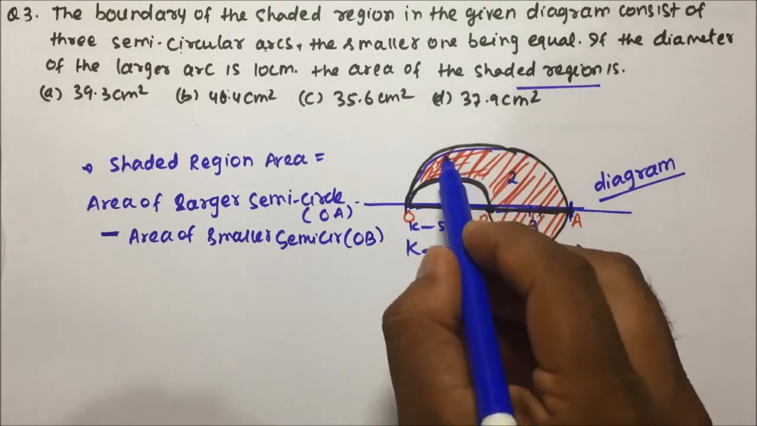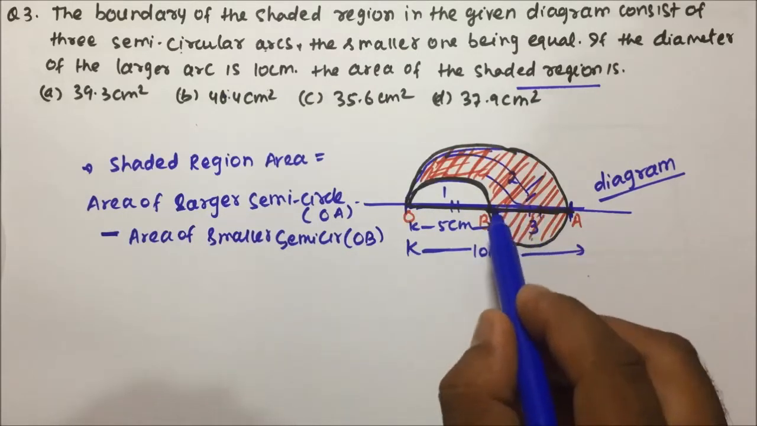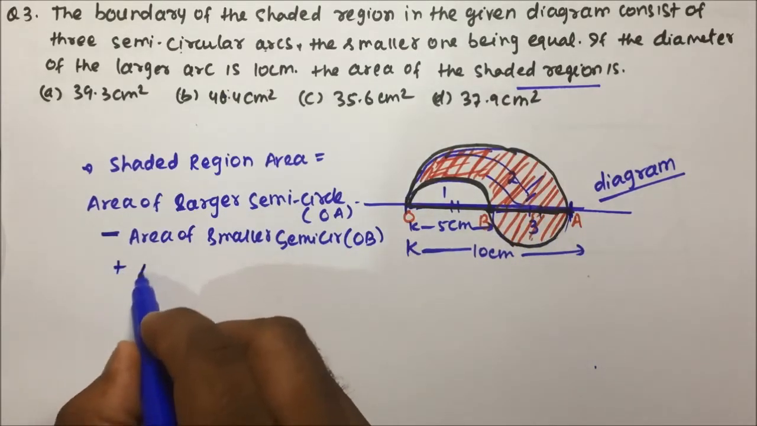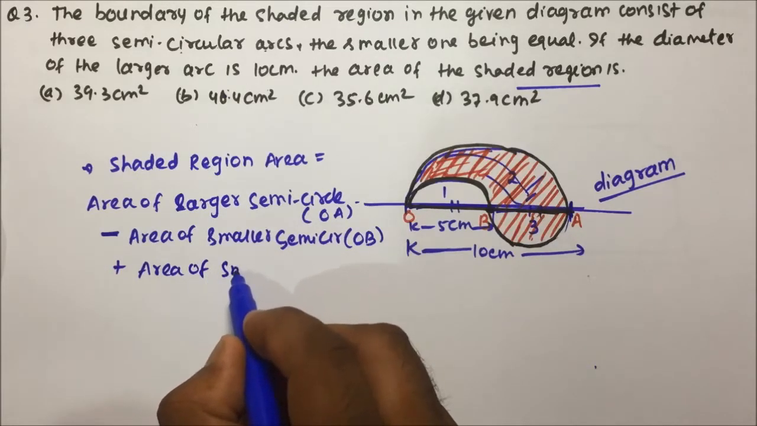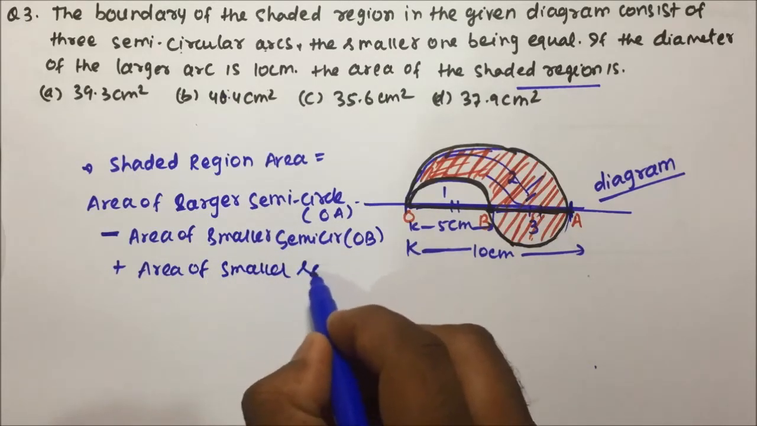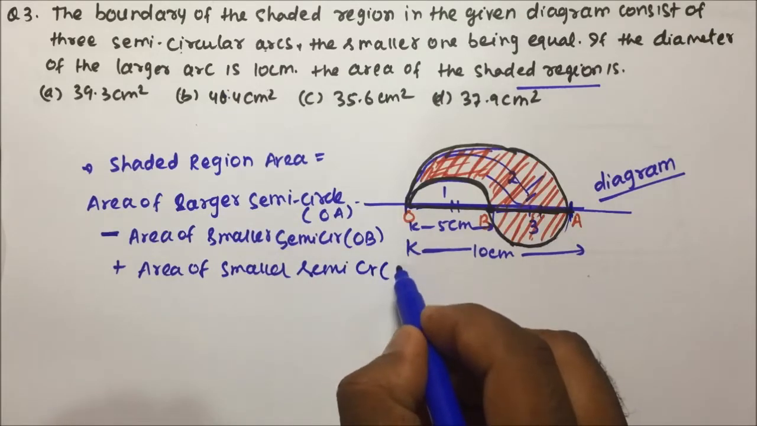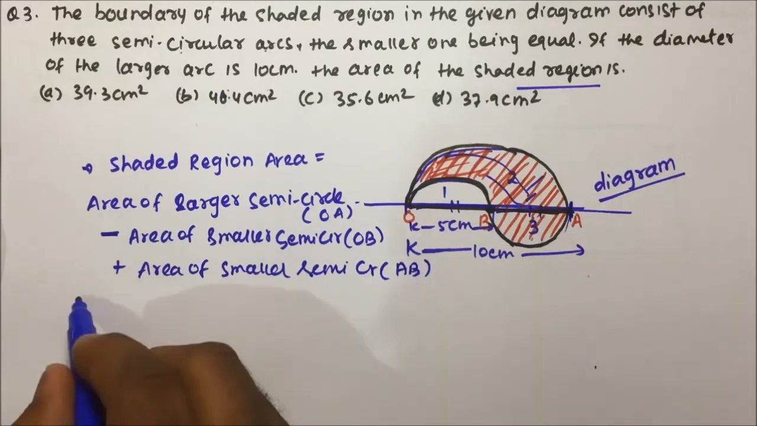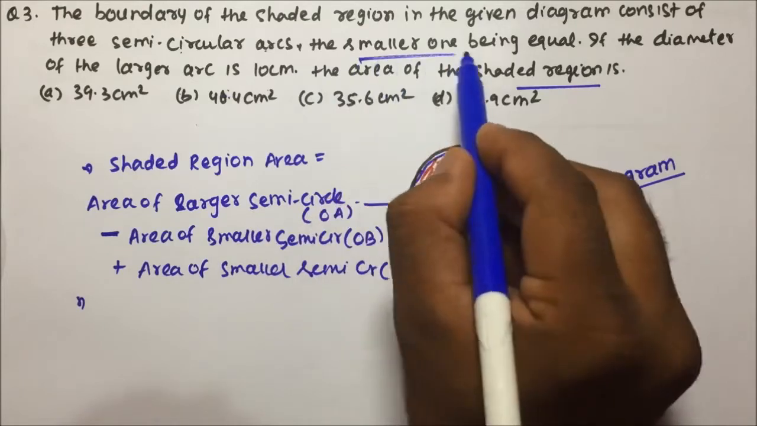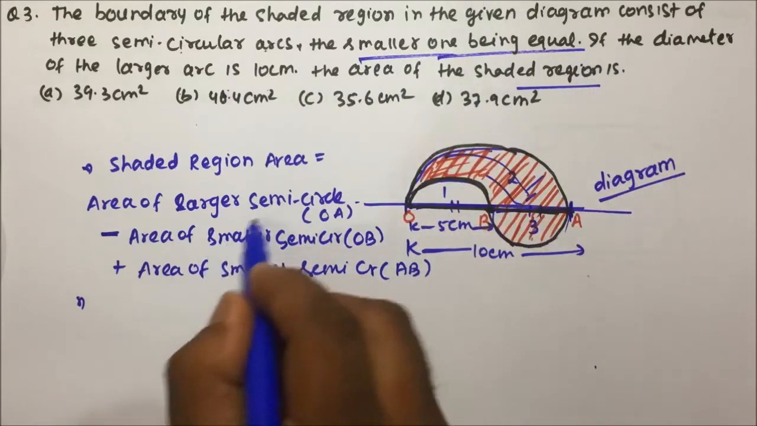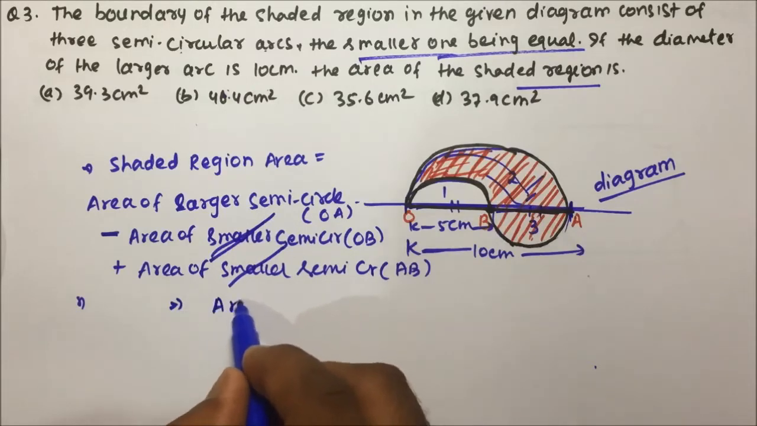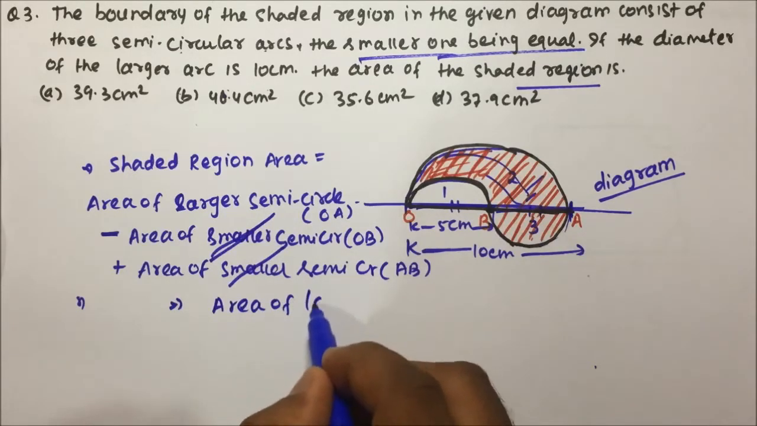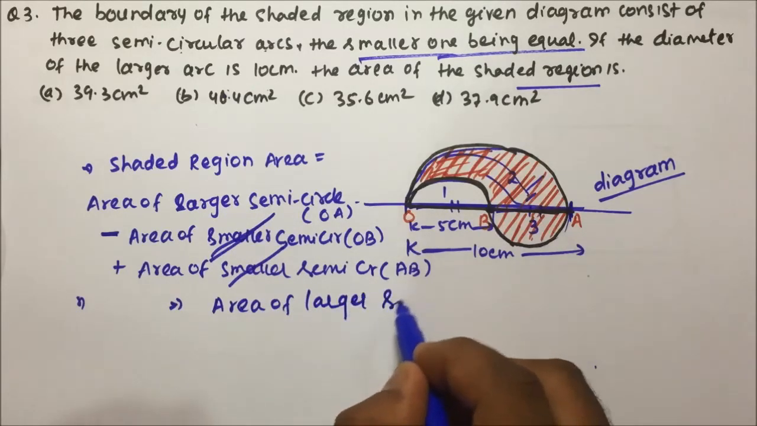So what we have got till here is this one. Now I have to add the area of a smaller semicircle, which is nothing but AB. Now friends, you see they told the smaller ones are equal. So that means this and this area will get cancelled. So the shaded portion area will be nothing but the area of the larger semicircle,